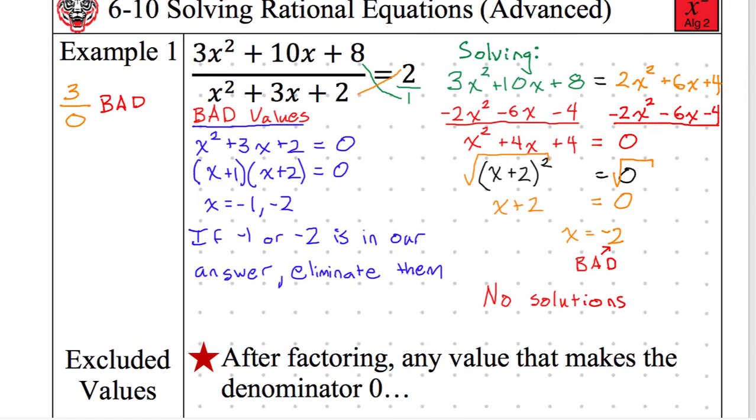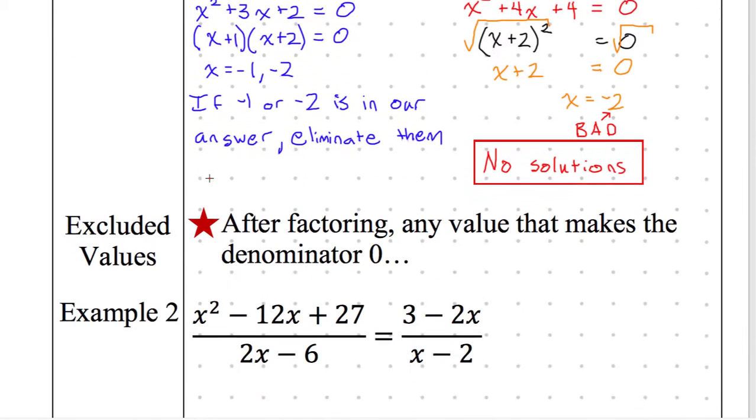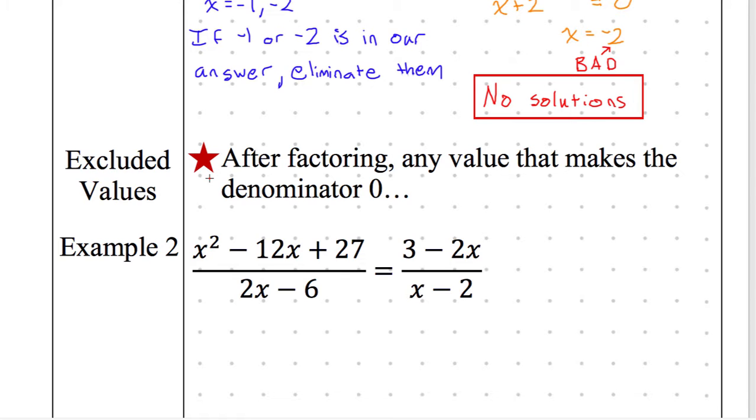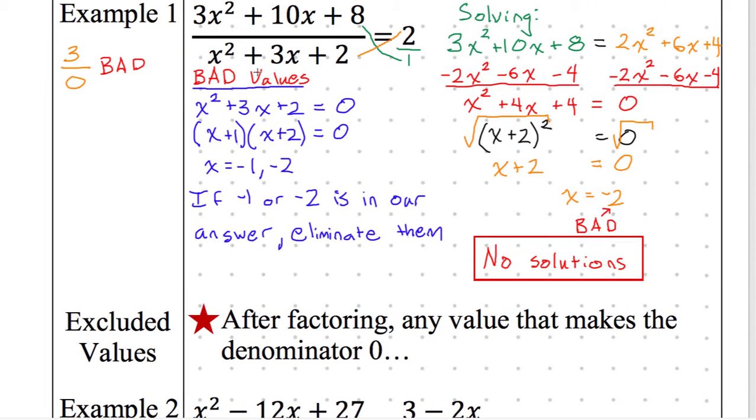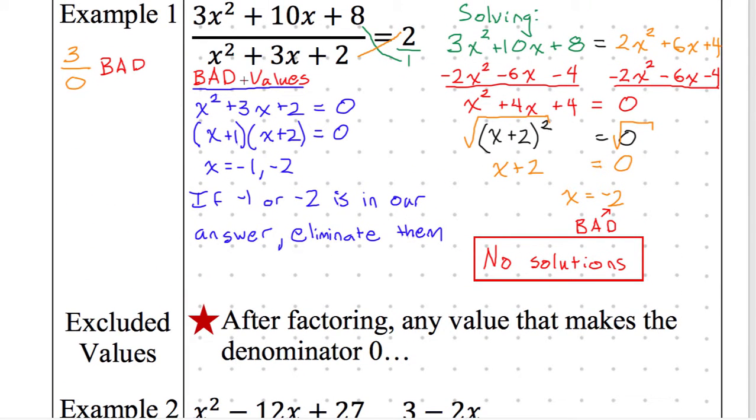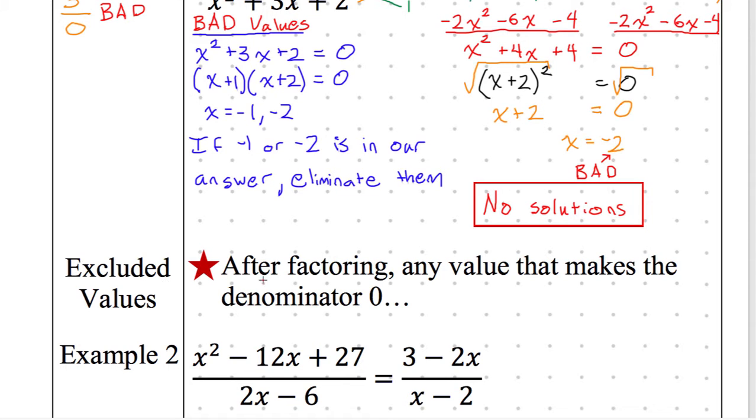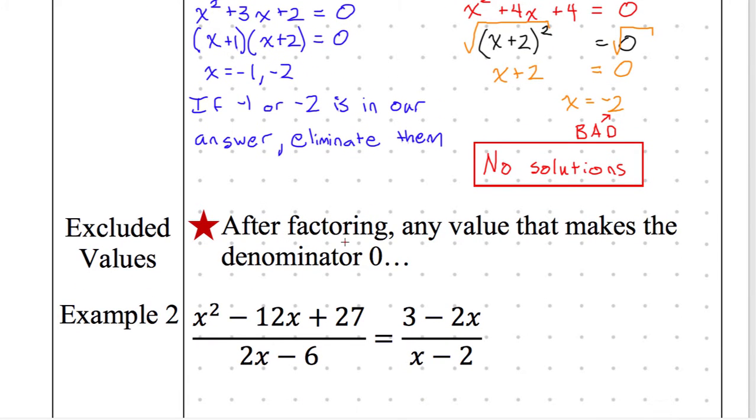And that is going to be our answer. All right, so let's try it again. Same procedure on something that actually works after we talk about this actual term. So I've been using just bad values. What I should be really calling this to be official is called excluded values. So after factoring, any value that makes the denominator 0